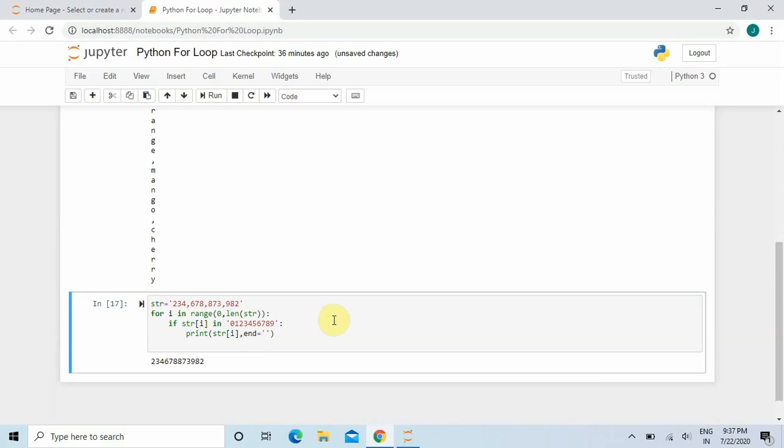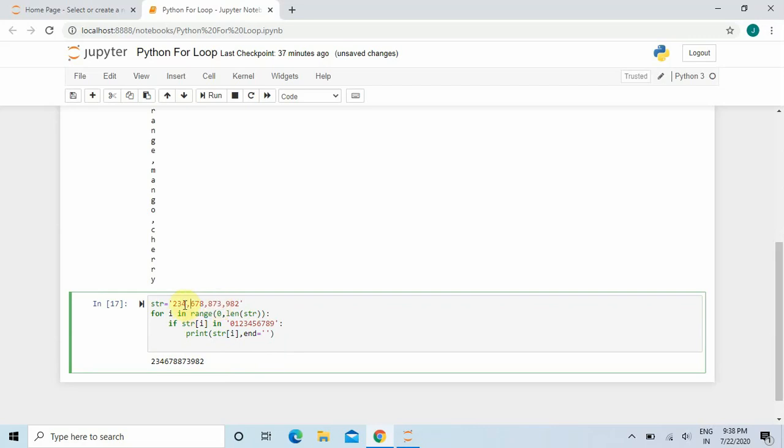So yes, you can see here that it is displaying the same string, but now without any commas in between. That means this end function is preventing the cursor from going to a new line and then printing the next number of the string.